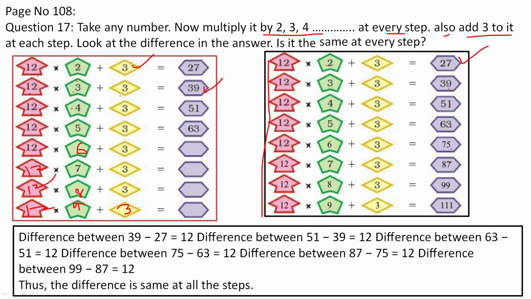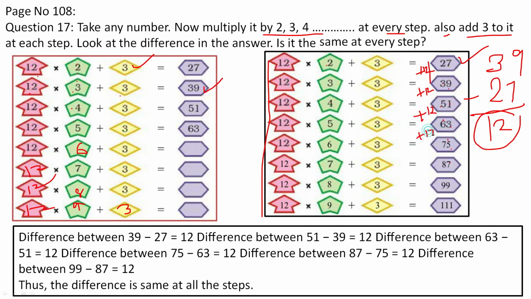Actually, what is the difference between these two numbers, 39 and 27? If you find the difference, 39 minus 27, you will get 12. So 12 is the difference in each case. 12 we have to add, you will get the next number. Actually, this is a pattern. Add 12: 39 plus 12, 51; 51 plus 12, 63; 63 plus 12, 75. Like that you can find the difference between each number, and actually it is 12. Adding the 12, you can complete the pattern easily.